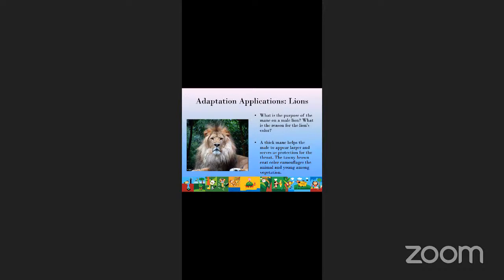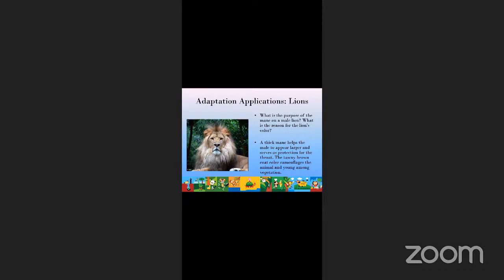Okay, so it survived through hunting. So to look larger, to appear larger, it will have that mane, and also to protect its throat from attack. So this mane will help. Okay,